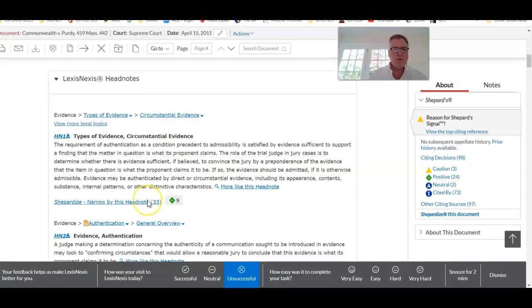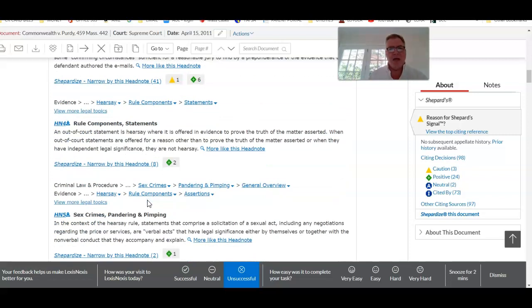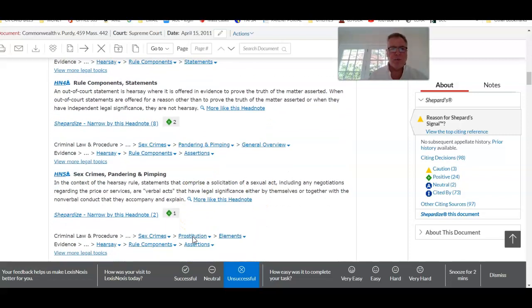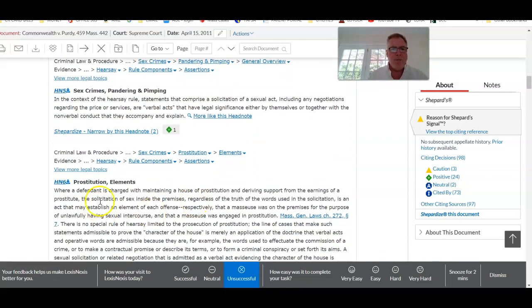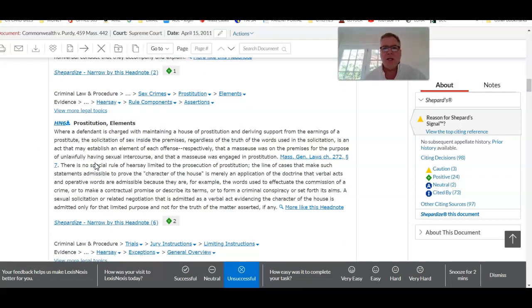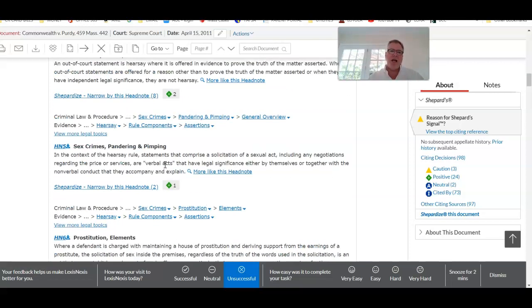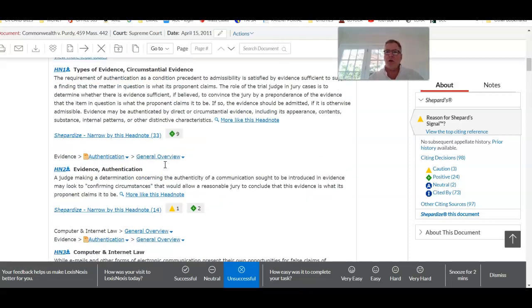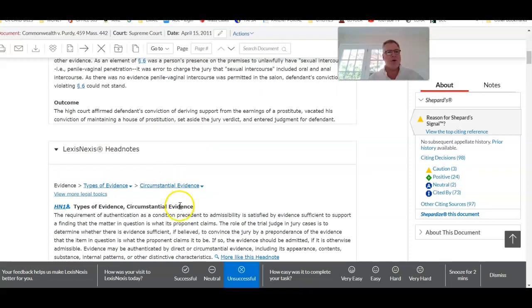All right. So, for example, in the Purdy case, if we read it, let's say Purdy was reversed and we got the stop sign. Maybe Purdy was reversed because the court incorrectly instructed the jury on the elements of prostitution, and there was some screw up on prostitution, and it's that specific issue of the case that got it reversed. That means that all the other analysis is still good law,